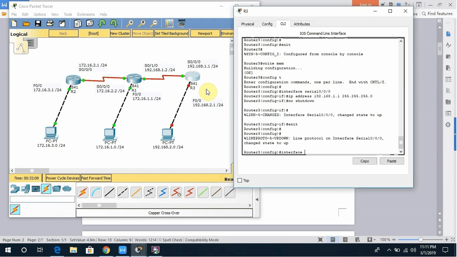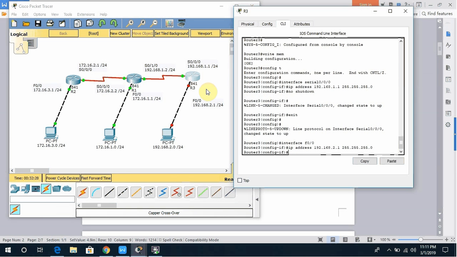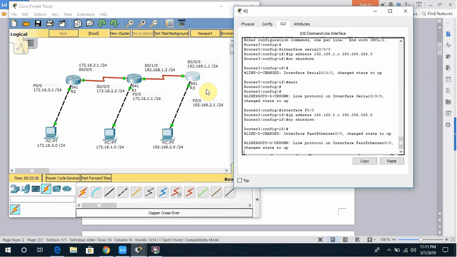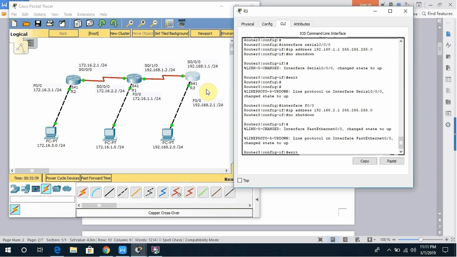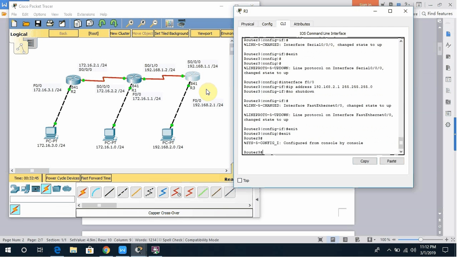Interface F0/0, IP address 192.168.2.1, 255.255.255.0, enter, no shutdown, enter, exit, exit, right,